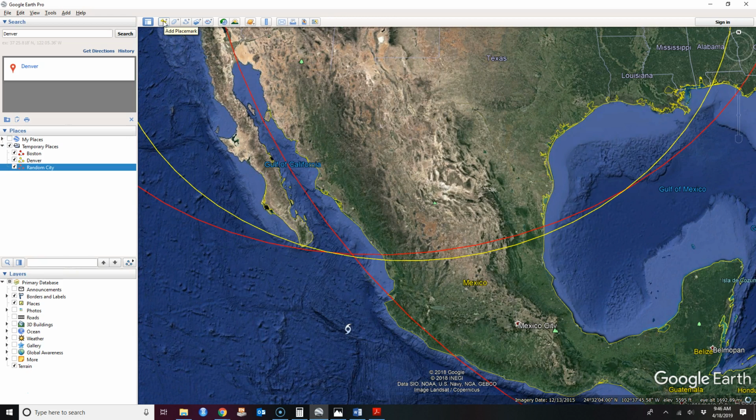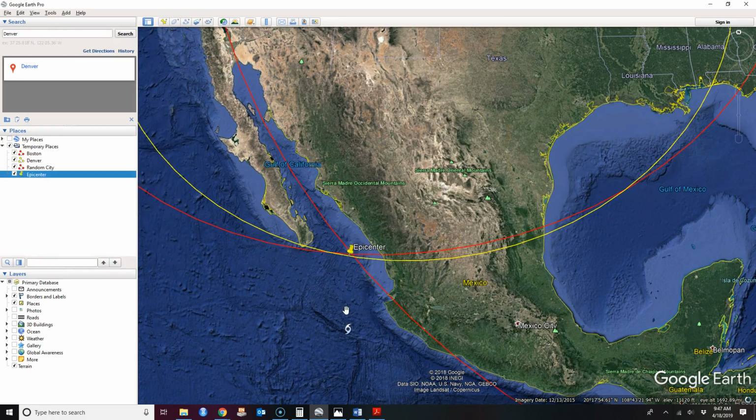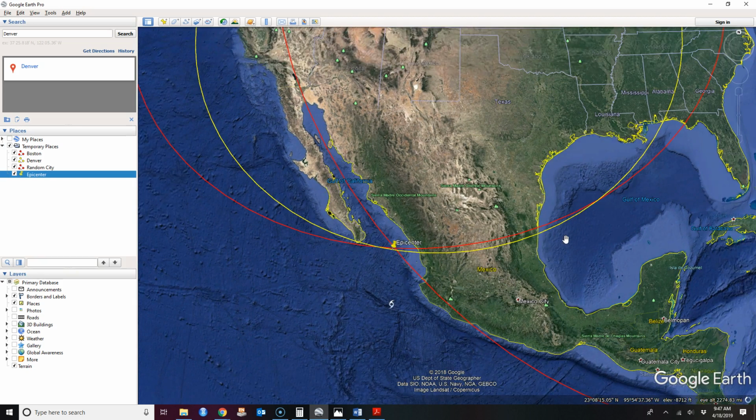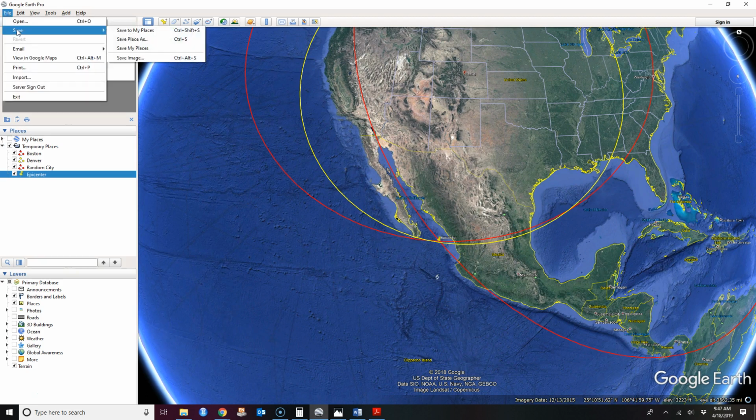So we're going to go up here and add a placemark. I'm going to choose that placemark, drag it over, put it right there, and then I'm going to call this my epicenter. Click OK. Okay, so now I've got my plot and I've got the location of my epicenter. I'm going to come up here and save this. I'm going to save it as a KMZ file. So I'm going to click Save,